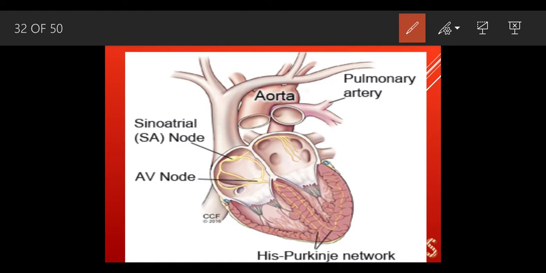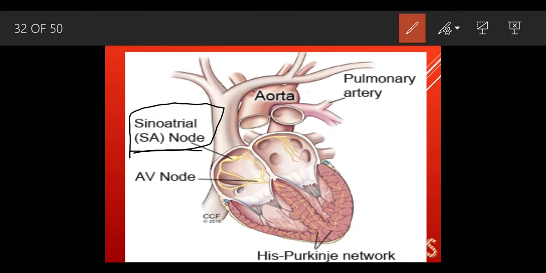They might ask you the location, so where is the pacemaker located? The pacemaker is located in the walls of the right auricle. What is the right auricle? This part here, we can see this is the SA node. This SA node is also called the pacemaker. We can see this is the right side, and we can see a node out here. So what is the exact function of this pacemaker?